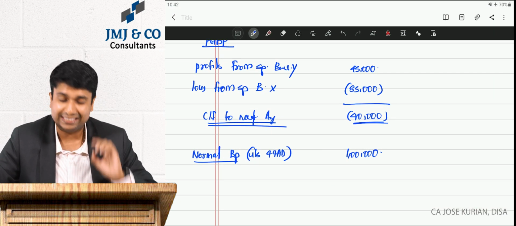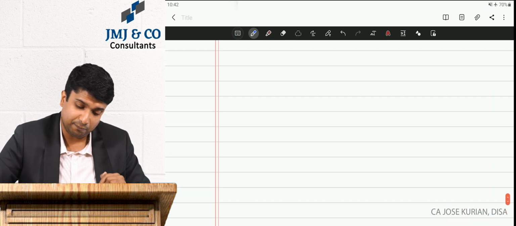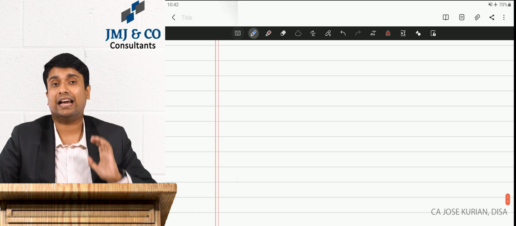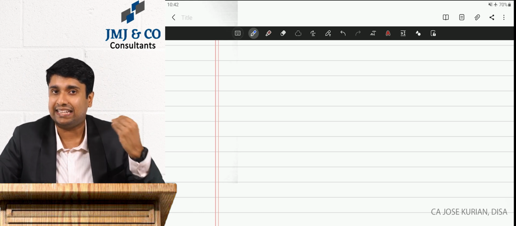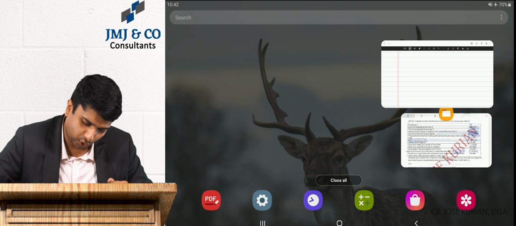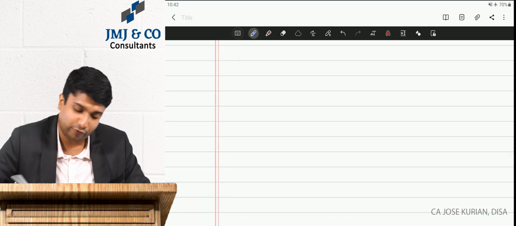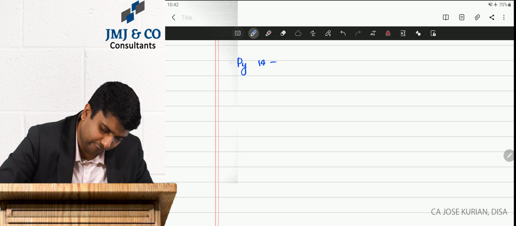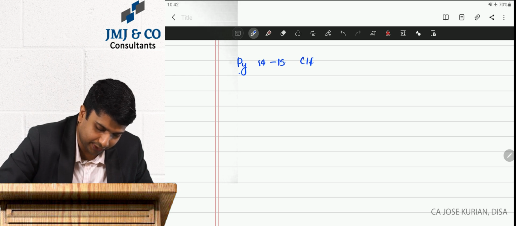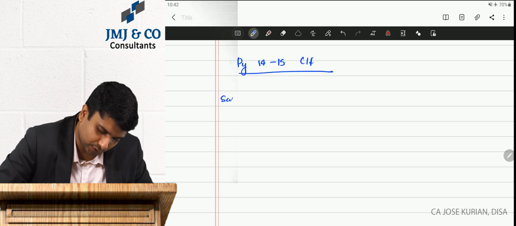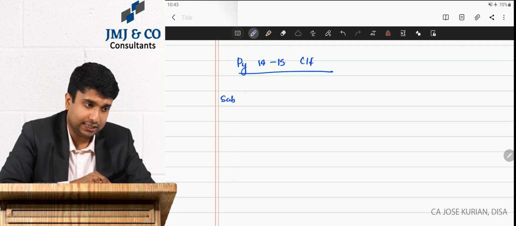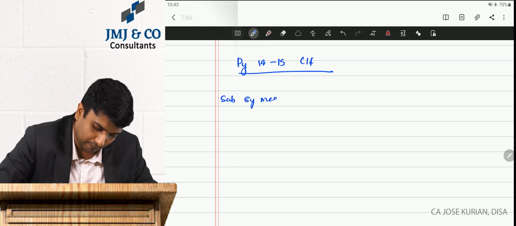Now the question is, under section 72, if there is a brought forward loss, you can carry it forward to the subsequent 8 years and set it off. So this brought forward loss is actually from which assessment year? 15-16. That means the previous year 14-15 has been carried forward. So subsequent 8 years you can use. That means subsequent 8 years means